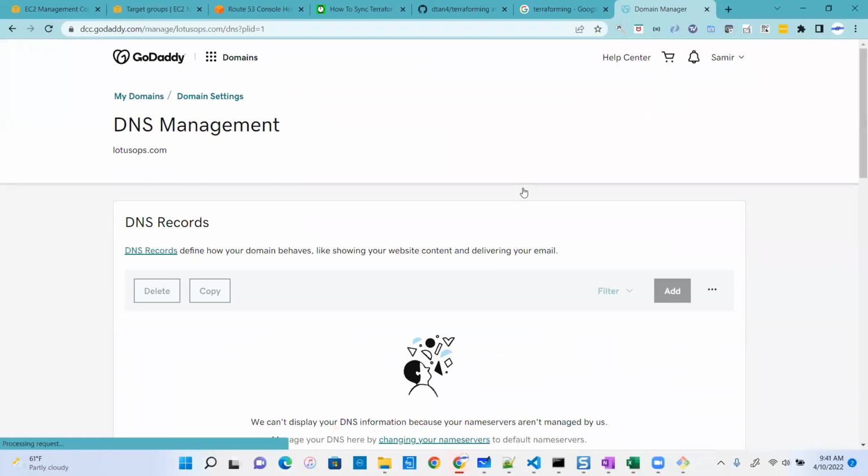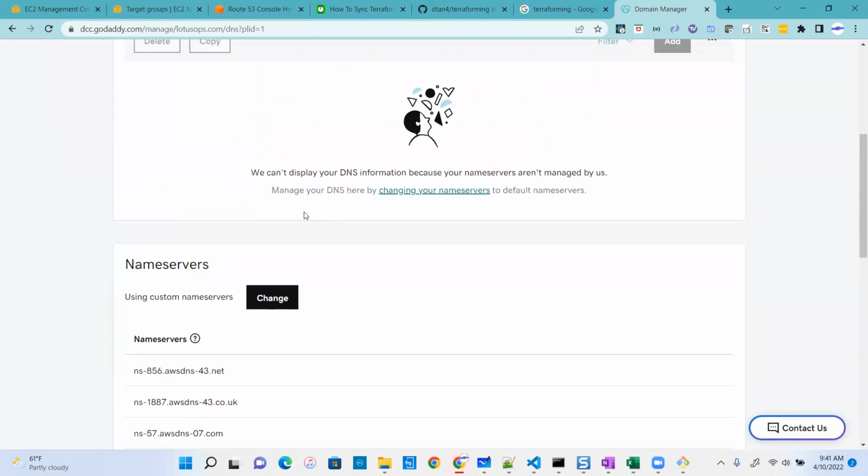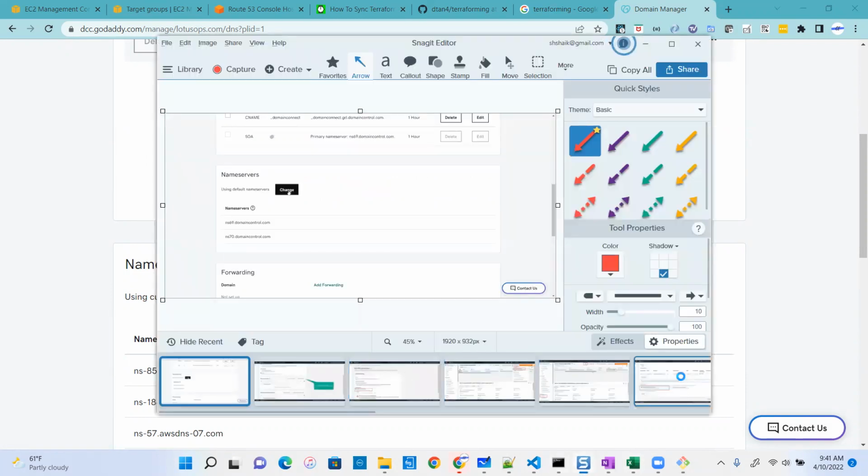So I went here. If you read this over here, it says DNS records: define how your domain behaves, like showing do. And then name servers over here. We can't display your DNS information because your name servers aren't managed by us. Okay, if you go into yours, you'll see there are name servers which will look something like